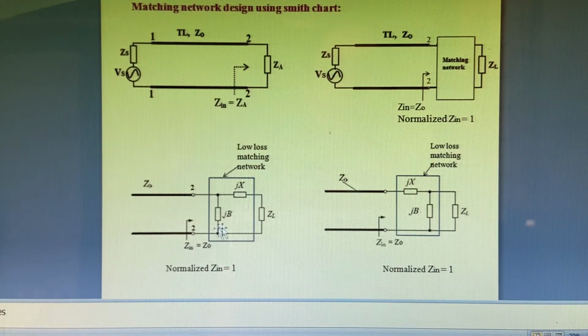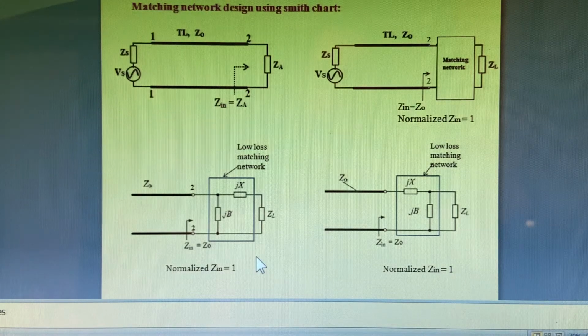Using a Smith chart, we can easily find the values of elements whichever are added. It may be a single element or two elements or three elements. There may be any combination like a series combination, shunt combination. We can easily obtain the values of these components using a Smith chart, because the elements depend on the load impedance ZL. We may need to add one element, or it may be two elements, or it may be a series and shunt combination also. So to get all these values, it is easier to use a Smith chart instead of analytical equations.